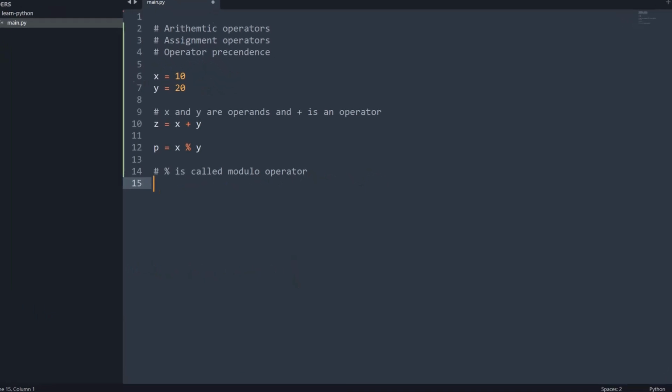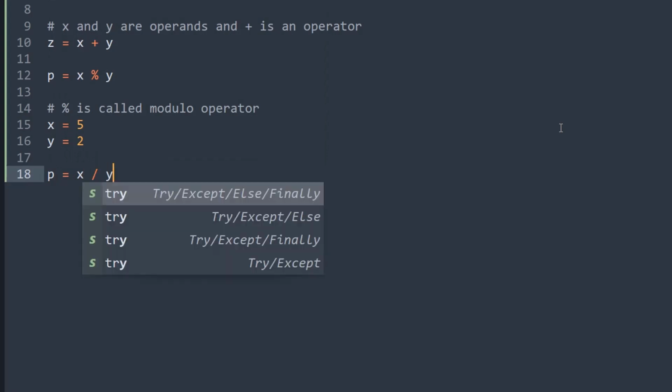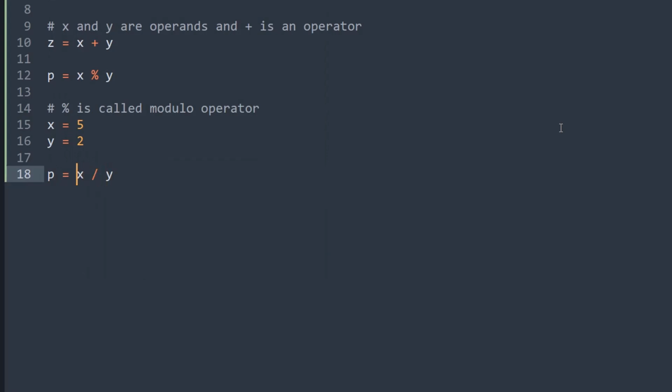What does it mean? For simplicity, let's reassign the values of x and y as 5 and 2. So now if you divide x by y, what will be the value? 2.5, right? Let's say I am converting it to int. So this will be 5 divided by 2 equal to 2, correct?